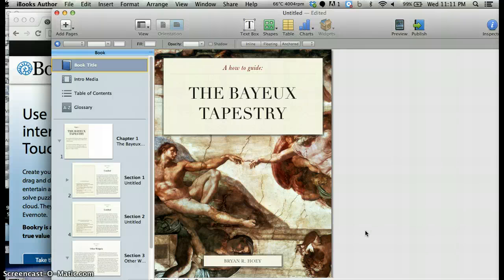Hello everybody. In this video I'm going to show you how to embed widgets into your ebook using both iBooks Author and using Bookry to download other widgets. In this example I'm going to be using the bio tapestry as an example of content that I would be adding within my ebook. So you should have your ebook open in iBooks Author, and then the next thing you